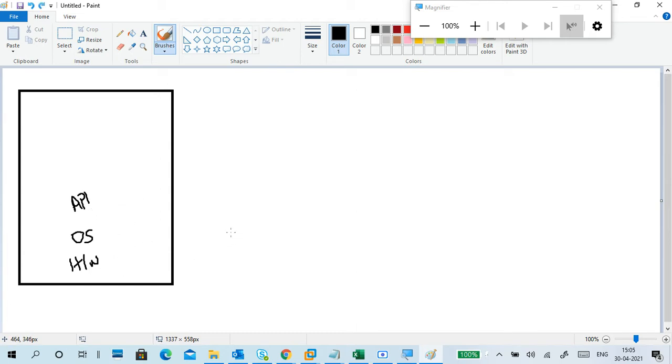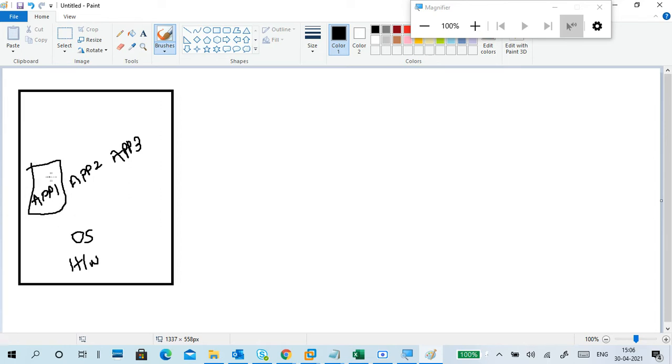Later, you want to run an application, or multiple applications, or you want to run the same application in different machines. So what are we doing?